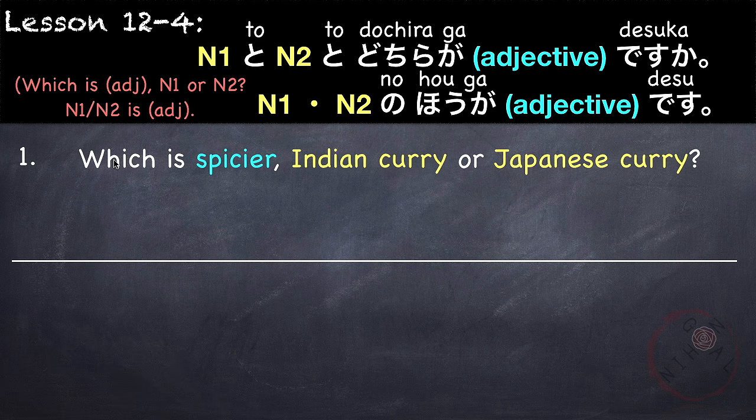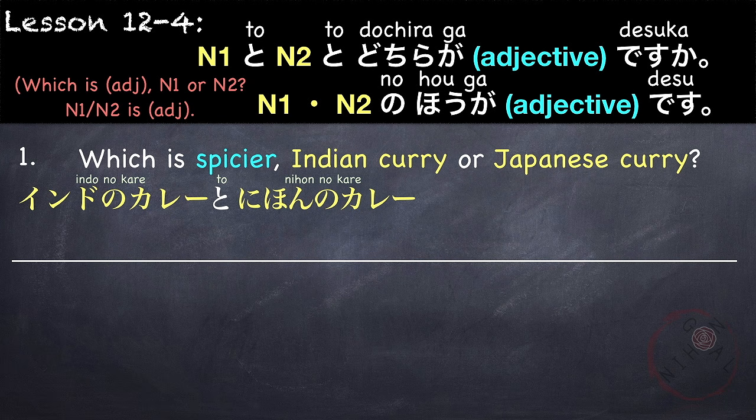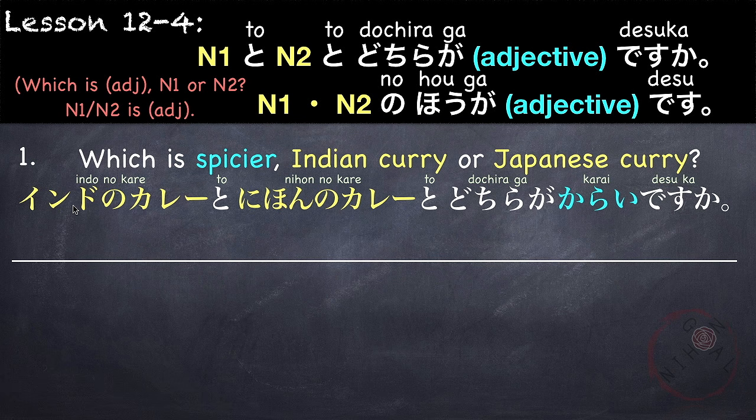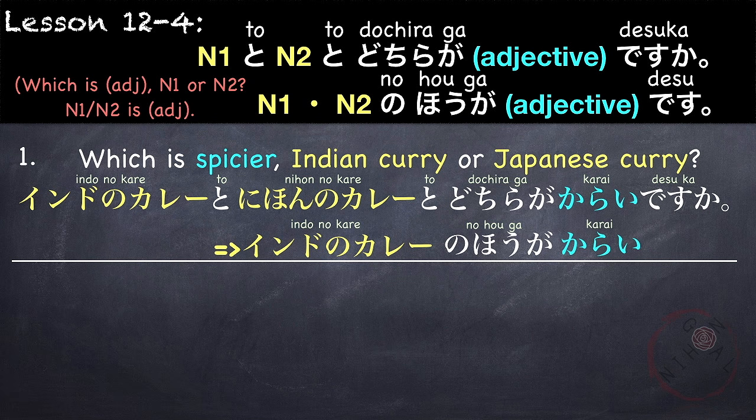Let's take a look at some examples. Which is spicier, Indian curry or Japanese curry? Our N1 is Indian curry, インドのカレーと, Japanese curry, 日本のカレーと, followed by どちらが, which of the two, is our adjective 辛い or spicy ですか? インドのカレーと日本のカレーとどちらが辛いですか? If you want to say Indian curry is spicier, we can say インドのカレーの方が辛いです。